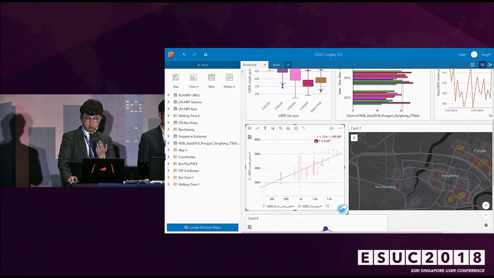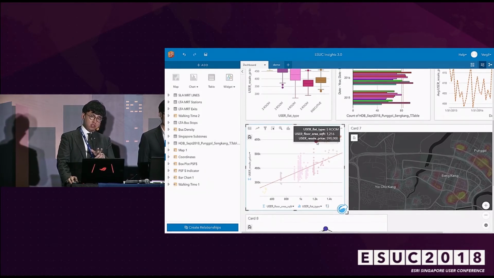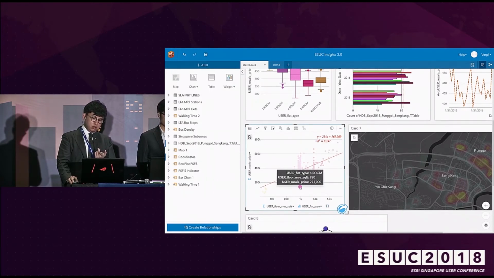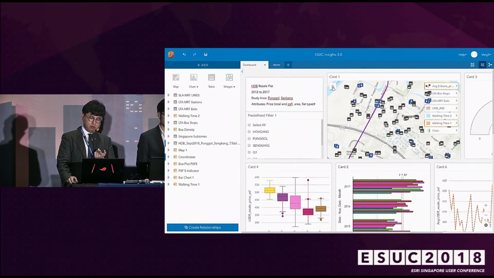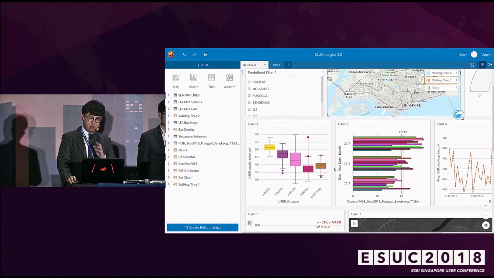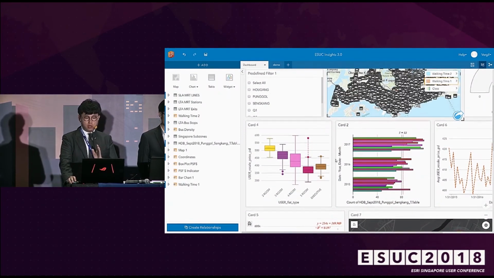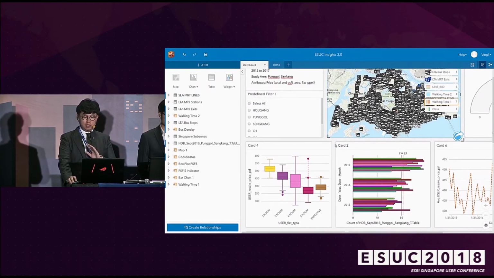For example, this one right here, I'm looking at a unit that is 1,200 square feet and total priced at 590K. This one is a very overpriced unit that you might want to avoid recommending to your client, whereas if you pick up this one, it will be a very good value buy. So you can start your analytics from here, then look at the map to identify where that price is. And again, all of the other charts will tell you the context surrounding all of this data.